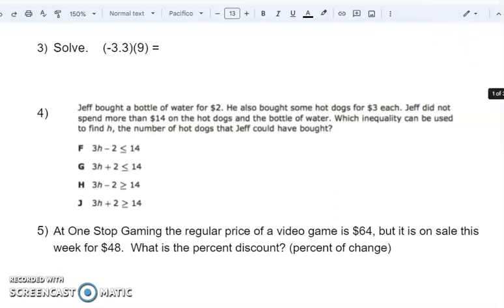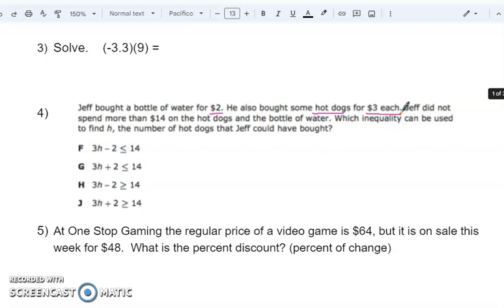I'm going to start you off on this one. It says, Jeff bought a bottle of water for $2. He also bought some hot dogs for $3 each. Jeff did not spend more than 14. That means he has 14. Okay, just assume he has 14. He cannot spend $14 or more. Okay, which inequality can be used to find H, the number of hot dogs. So what I'm going to do is